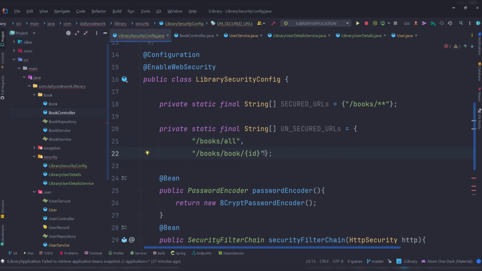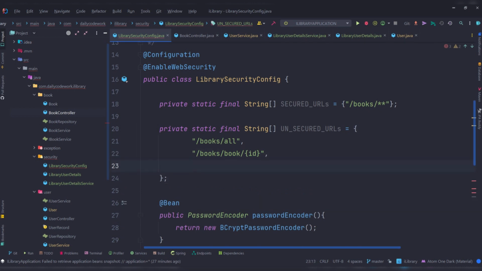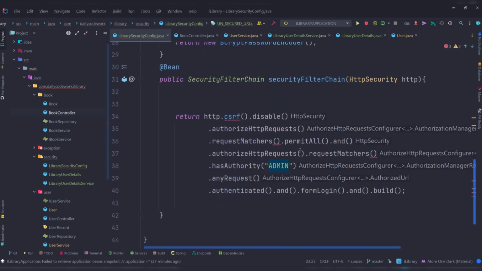Every request coming from the user API should be allowed for free. Cool. So now I'm going to have this here called users, and all requests coming should be free. And now we're going to come back here to say this permit all. I'm going to say unsecured URLs here, and this one we're going to say secured URL